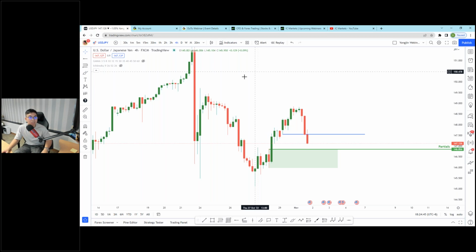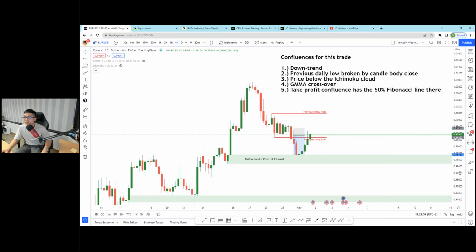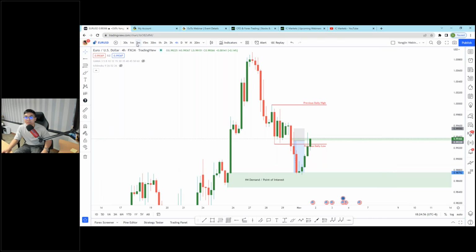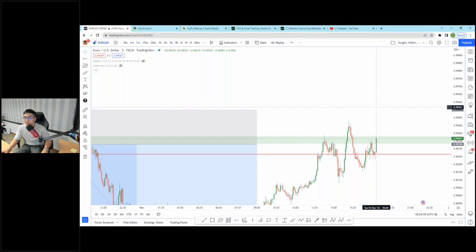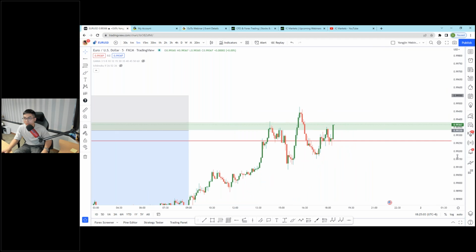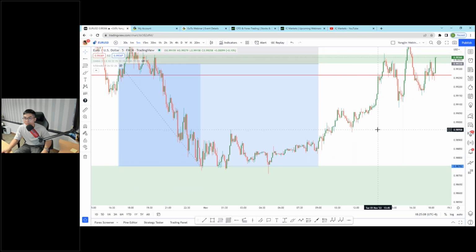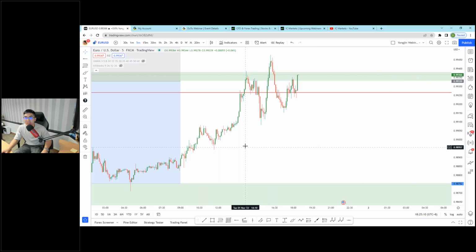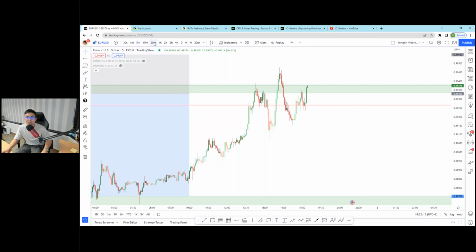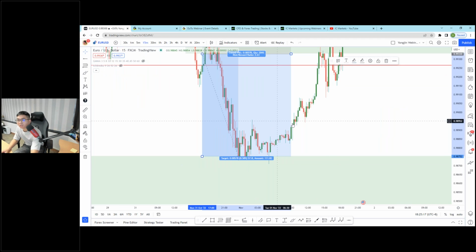Can you teach us a simple scalping method on the 5 minute time frame? Sure, let me maybe go to EUR USD. Quick one, 5 minutes. Okay, on 5 minutes you can't see anything. I usually use 15 minutes. I usually wait for the 15 minute break of structure. Let me take a look.